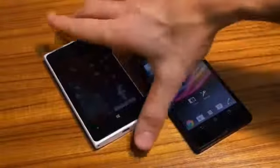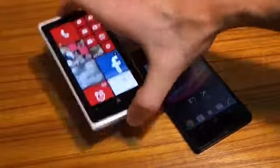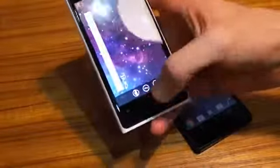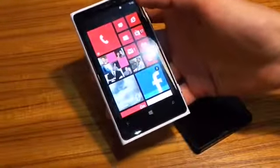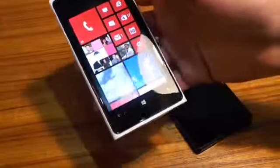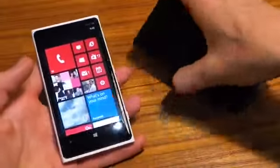But not to be outdone, Nokia's Lumia 920 is still a pioneer in the video and photo stakes thanks to its optical image stabilization on its camera. We're going to give you a quick comparison of the two devices to show you exactly how they spec up against one another. And we're going to kick off with the design, and both these devices are larger than your